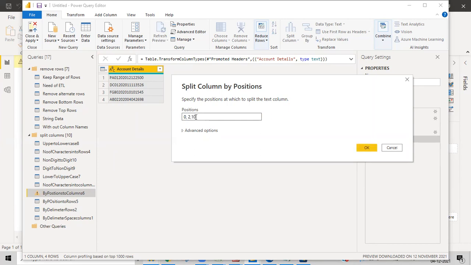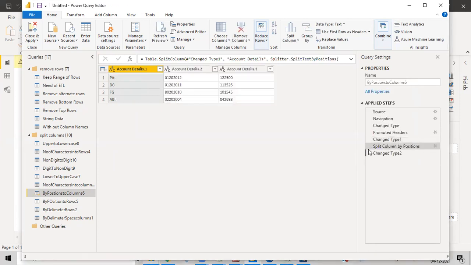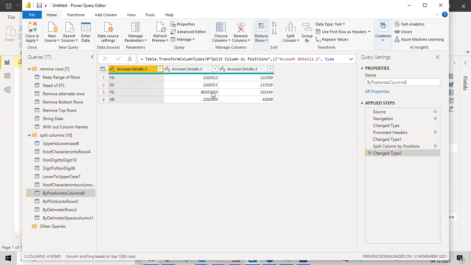10th position. Okay, that's my thing, and that's what I want. It was split into something like this. You can assume this is my date. It was supposed to be 08, but I manually made a mistake. I made it 80 instead of 08, so just keep it in mind.